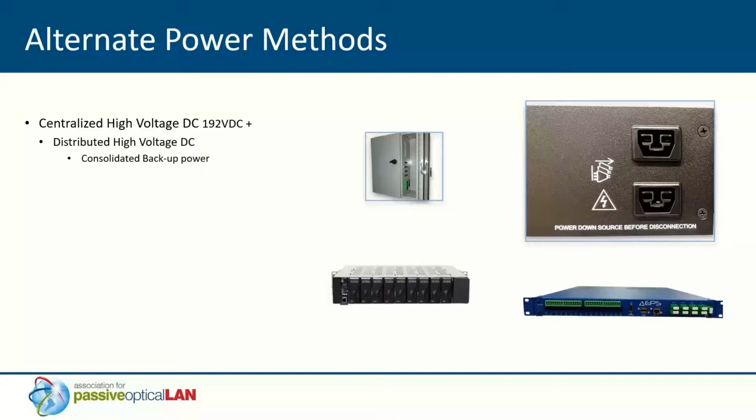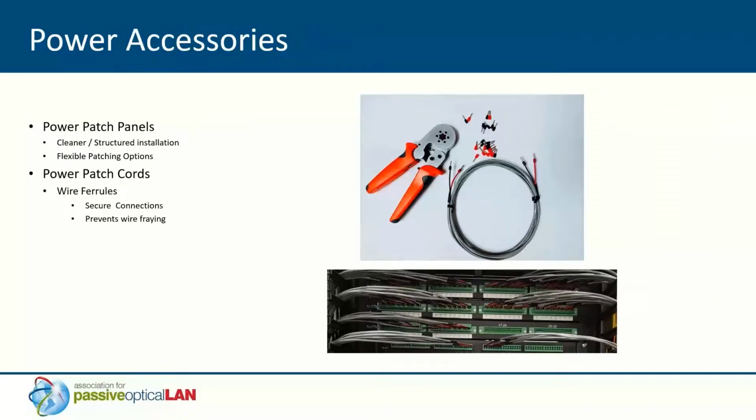There are a lot of systems, some you see on the screen, that can accept either an AC or a high voltage DC equivalent into their systems, and what that allows for is, rather than having UPSs in every IDF or splitter power supply location, you can have a centralized backed up DC plant that feeds all of your closets. Next slide, please.